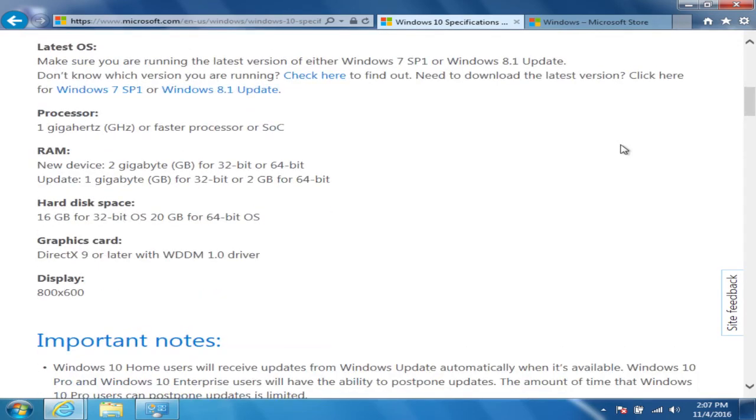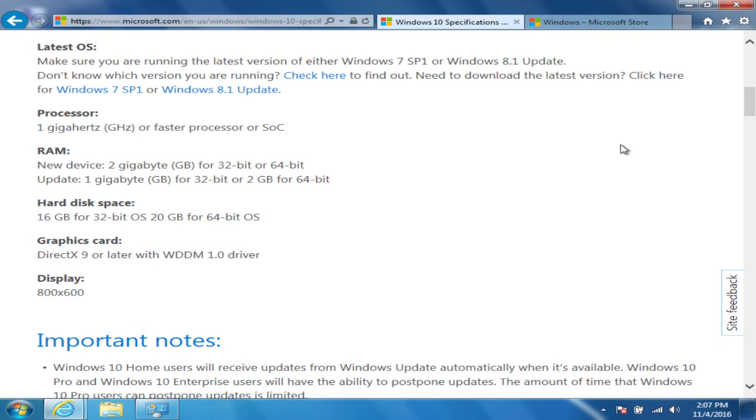Windows 10 does have its upsides and downsides, and while they do say that you can run Windows 10 with a gigahertz or better processor and with 1 or 2 gigs of RAM, just because it can run it doesn't mean you should. It will physically run the operating system. It's just going to do it at a much slower rate, and it's not going to perform like it used to with your old operating system.